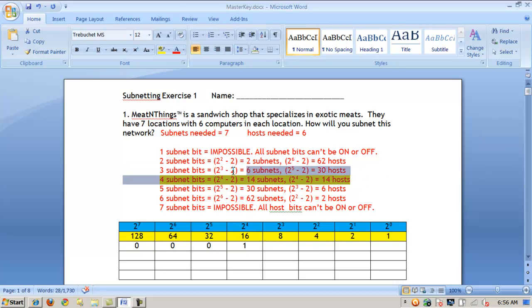This middle option here is the first one that will both accommodate the number of subnets we need and the number of hosts we need without wasting too many IP addresses. And finally, these last 2 combinations,